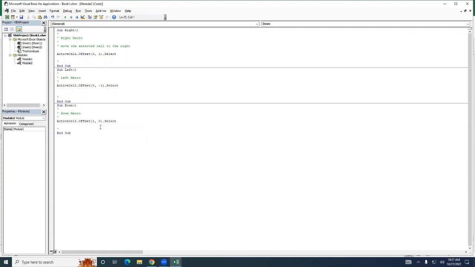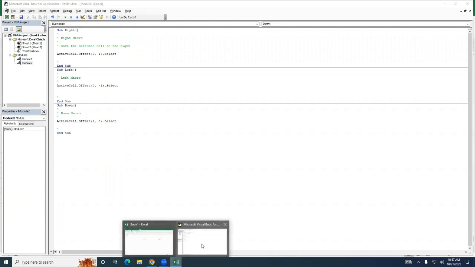And that's it, right? So what controls the direction of the movement and how many cells you want to move is the parameters of the offset function. So you need to be very careful with this. You need to understand the parameters, what the parameters mean. Right? So again, after doing this, if I go to my Excel